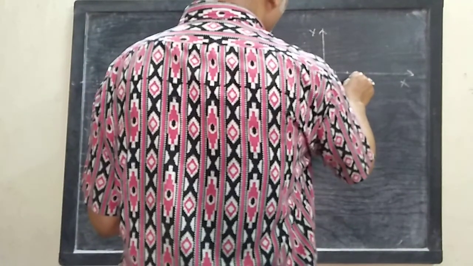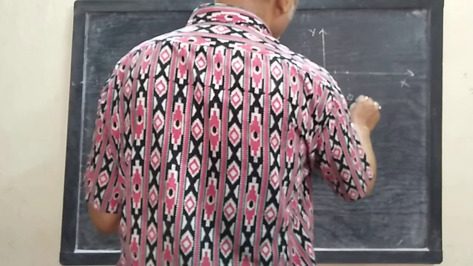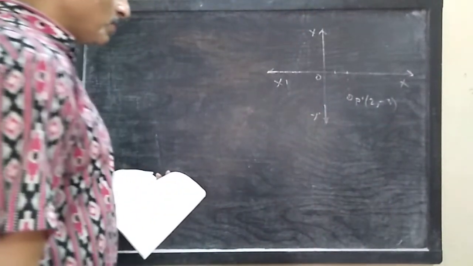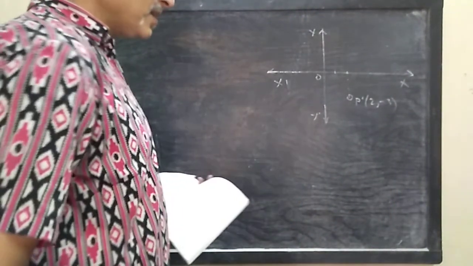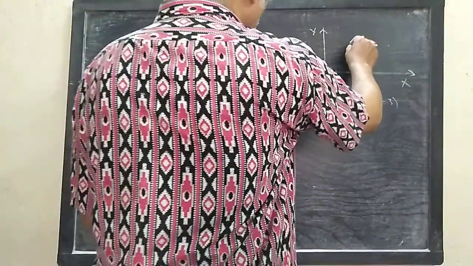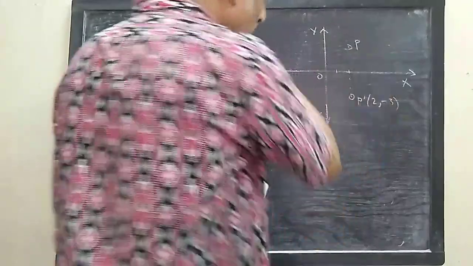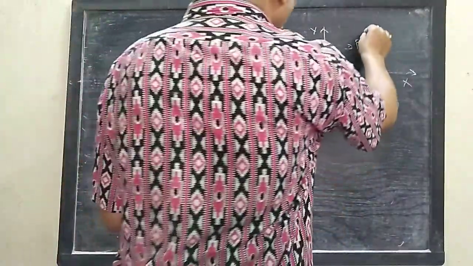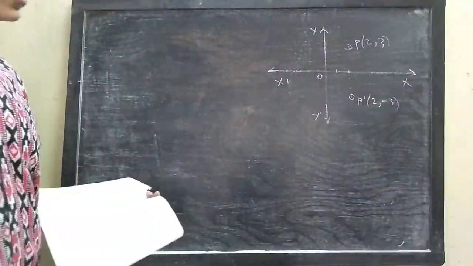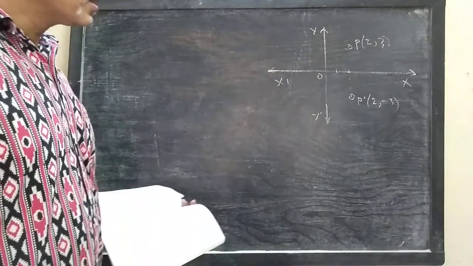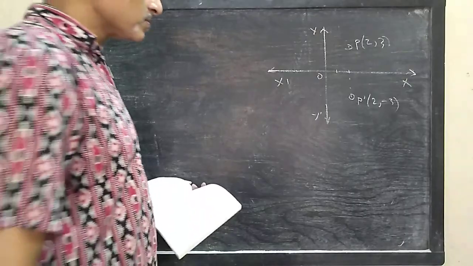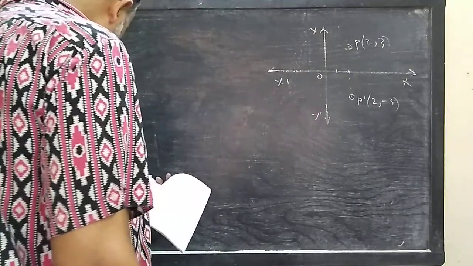1, 2, 1, 2, 3. This is P dash having coordinate 2, minus 3. How do you get this point? After reflection in x-axis. So initial point P will be here. What will be its coordinates? Its abscissa will remain fixed 2 and ordinate will be plus 3, because P dash has its ordinate minus 3, so the coordinate of the original point P will be 2, 3. We get coordinates of P.